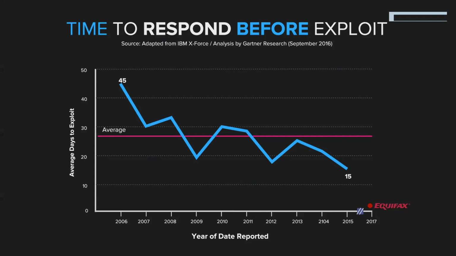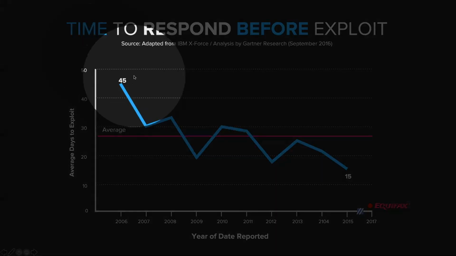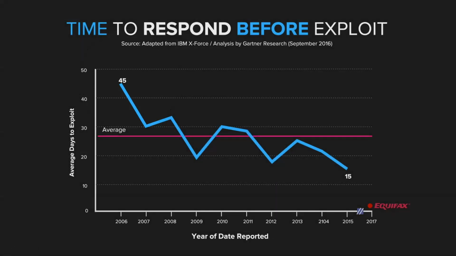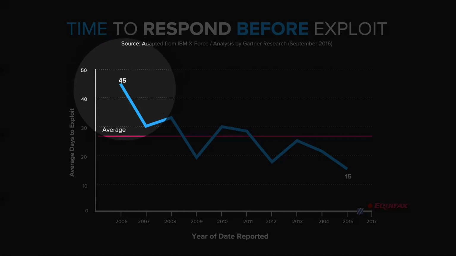But as well as the complexity of understanding it, we also need to bear in mind that as those gangs get more and more resource, there's more and more money within cybercrime, the time to respond actually goes down as well. So back in 2006, I think it was IBM did the initial research and said that around 45 days is your time to respond from being made aware of an exploit. So a vulnerability comes in, try and work on it within 45 days.